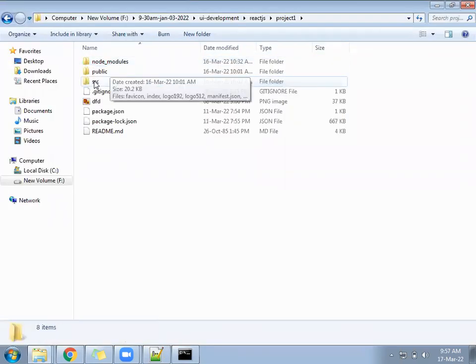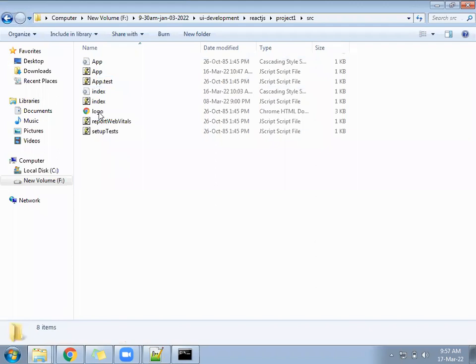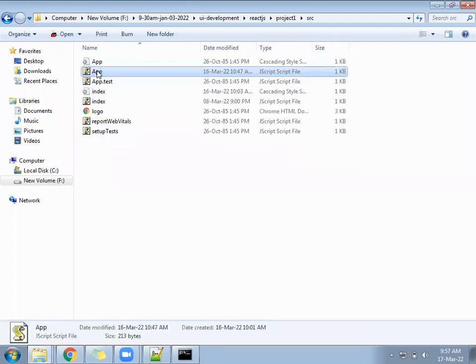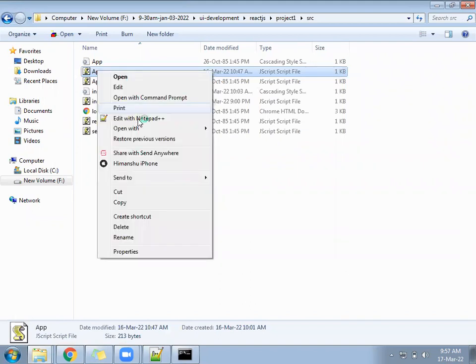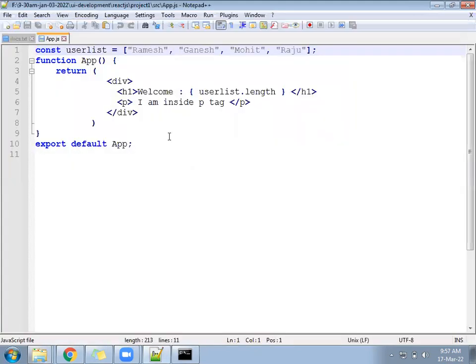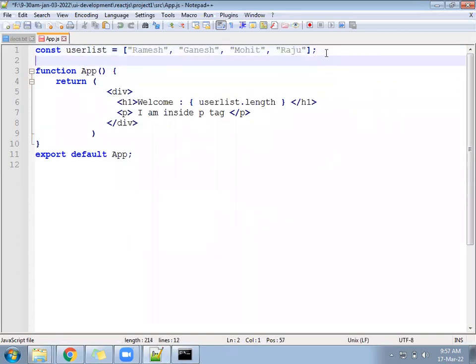Under the project folder, you have the src folder, right? We have one file, app.js. Open that file in any editor, whichever editor you are comfortable with. Okay, now in this file,